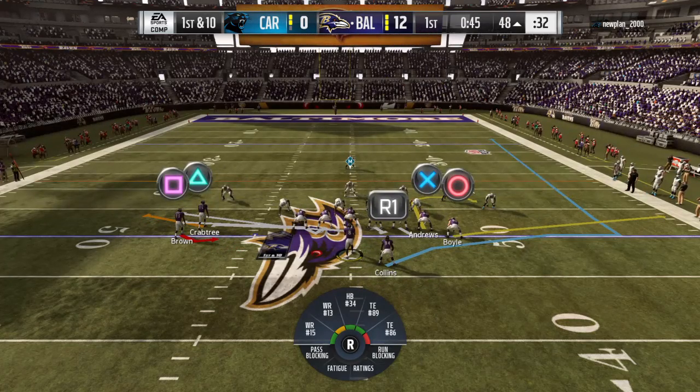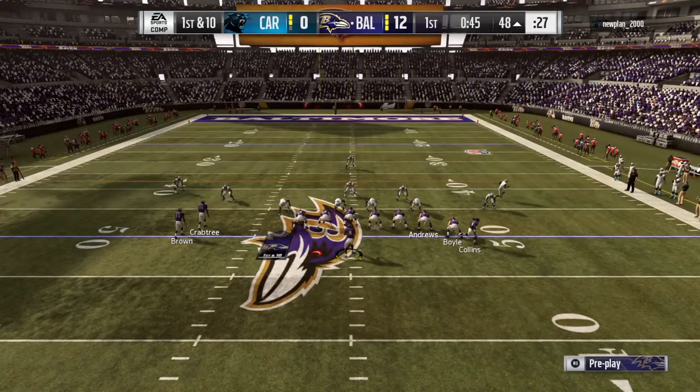Now let's go! Green 39! Green 39! 59, Mike is